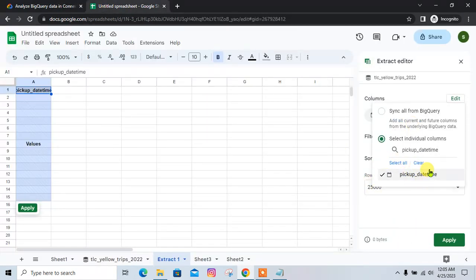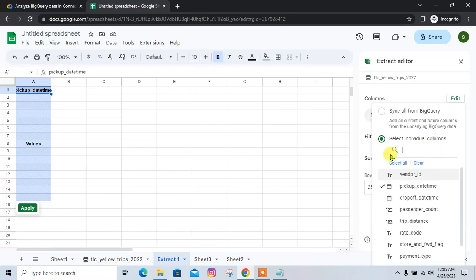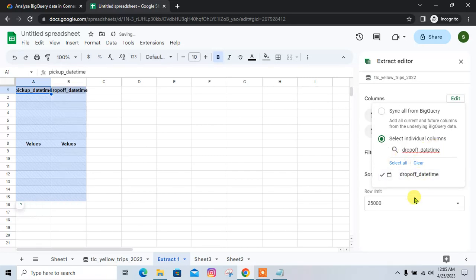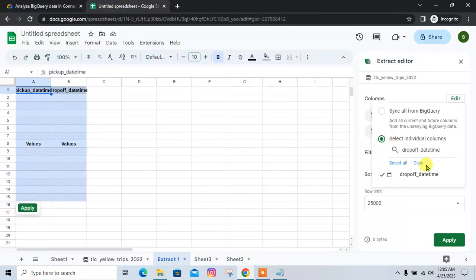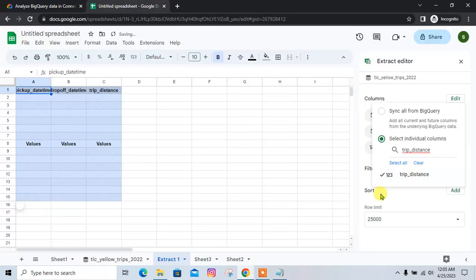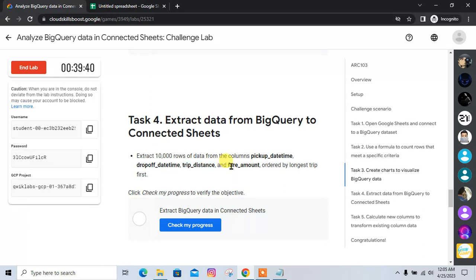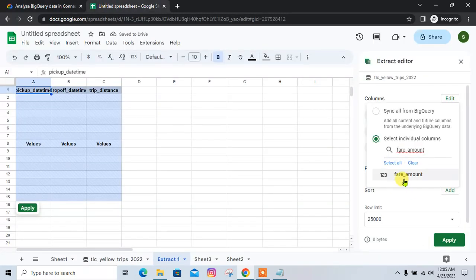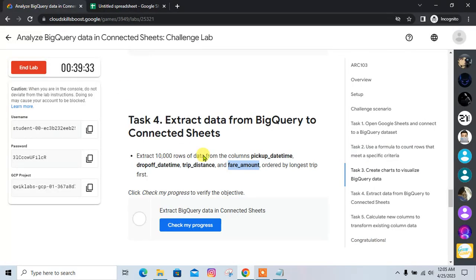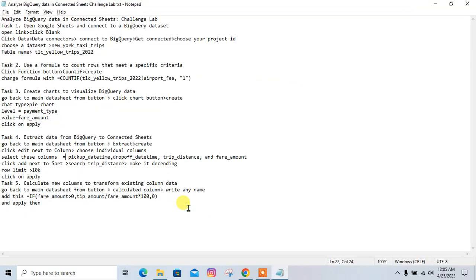Again, remove this one, paste the new one. This is the second one. Now the third one. Okay, let me copy it clearly, and this is the third one, and the last fourth one. Perfect. We have added this one, and once we have added,